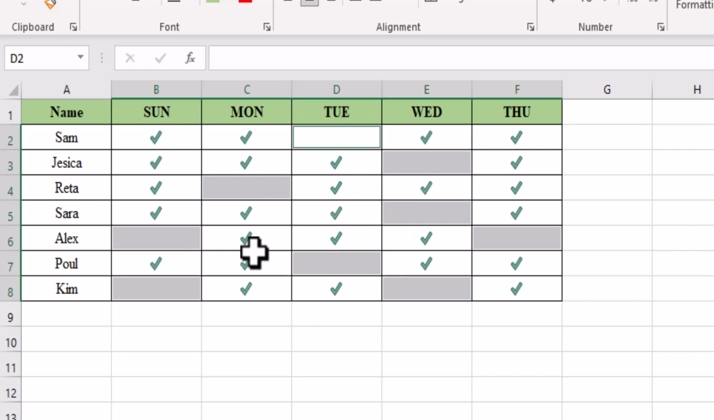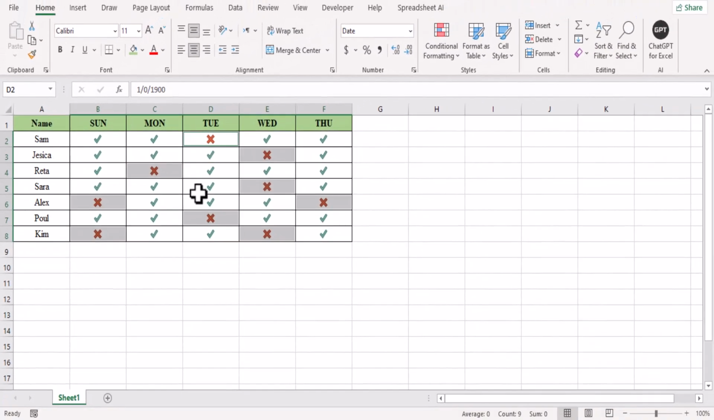I have already designed this datasheet for attendance list. If you would like to know how to design the attendance list, check the description. Now I'm going to type 0, press Ctrl Enter. As you can see in the blank cells, this cross sign will appear. Please remember, if the datasheet is not designed for attendance list and then type 0, the cross sign will not